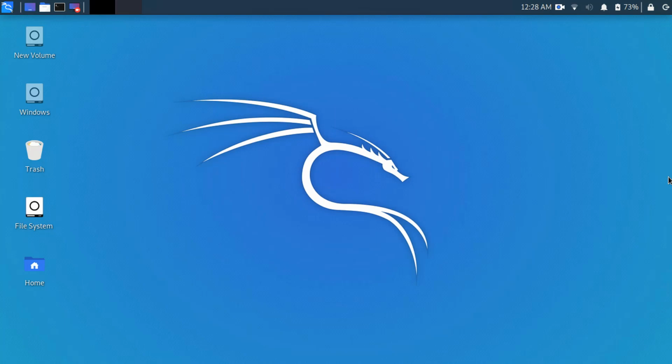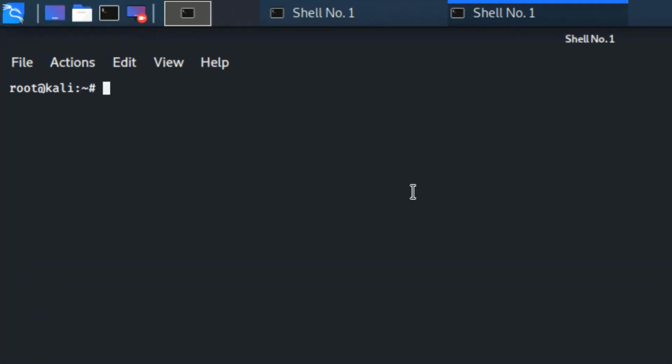Many people get the error in Kali Linux "unable to locate the package." This is a very common error in Kali Linux if you have just installed Kali or you want to add some new packages. You can't directly add the packages. You have to add some repositories in Kali Linux to use those packages. So in this tutorial I have the solution for this error. You just have to add some repositories. Now we will start with our commands.